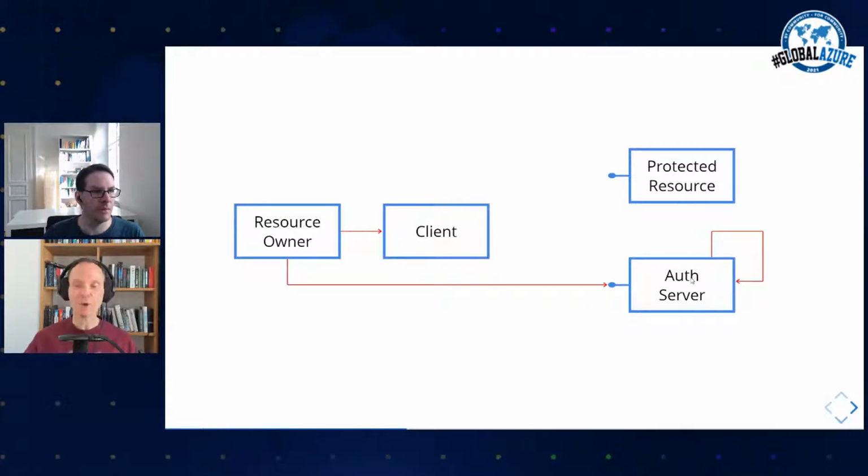And then the authorization server can generate a token and redirect back to the client app and give this token to the client. However, this process of generating the token and giving back the token to the client is a more elaborate process than the one that I'm showing here now,